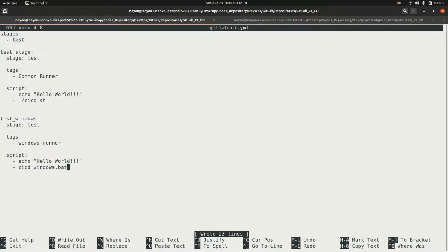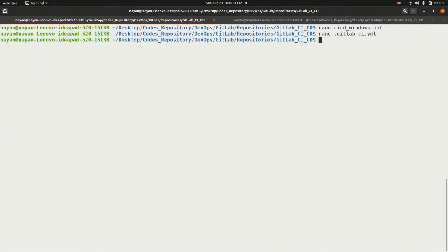Now I will save this .yml file and push these changes to the GitLab repository, and as soon as I push this code, the CI/CD pipeline will start automatically and will execute whatever I have mentioned in this .yml file.